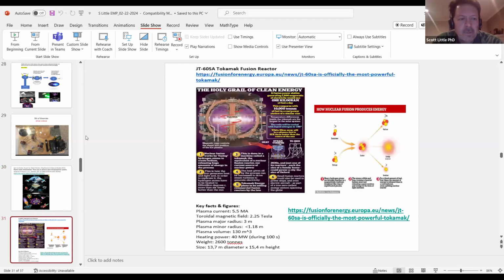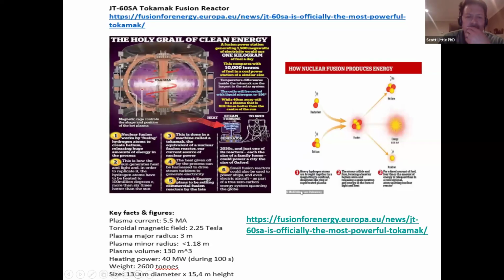And then let me put this back in slide form. And then here's what we have, what's actually happening within this fusion reactor called a tokamak. And you can see on the upper left, this is what they call the JT-60SA, which is a Japanese tokamak fusion reactor. It's the most powerful one right now that they're using for nuclear fusion. And you can see how they got this very strong magnetic field with these superconducting magnets containing the superheated plasma.